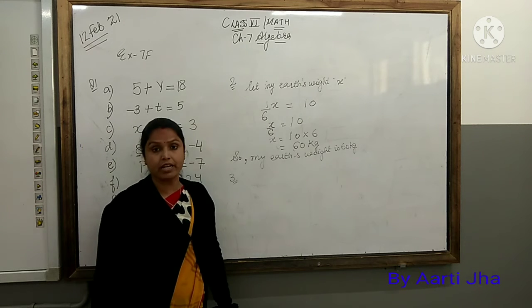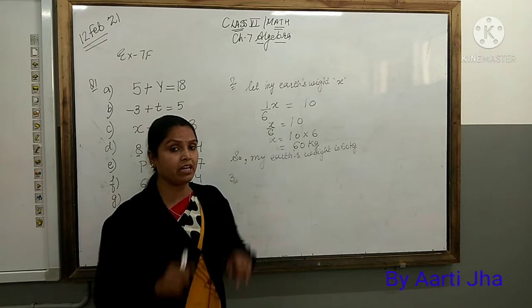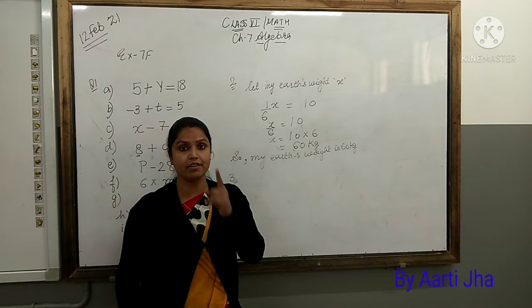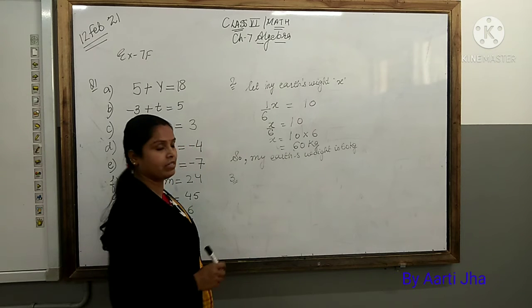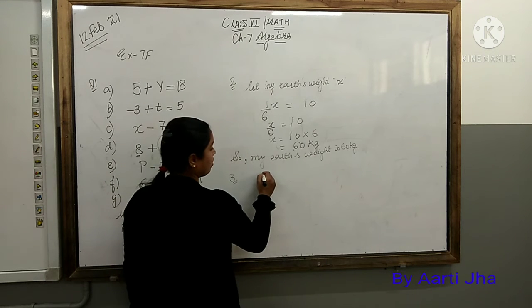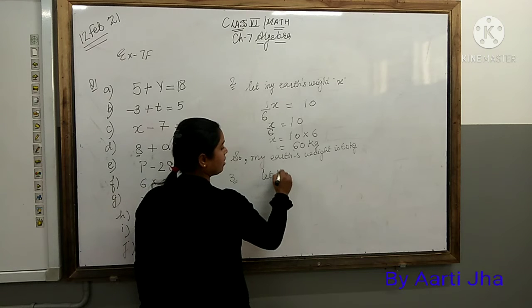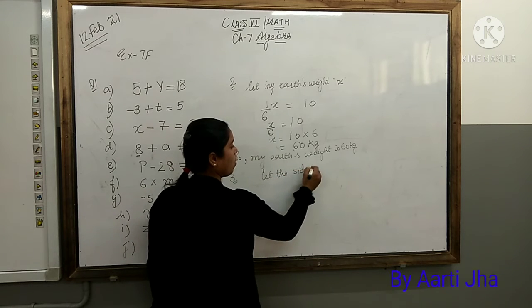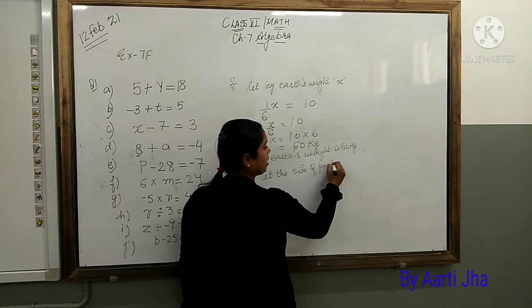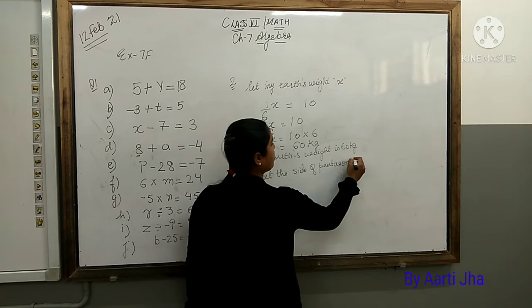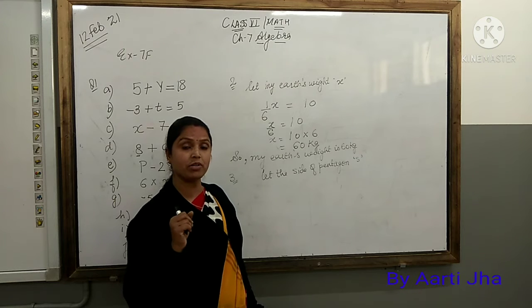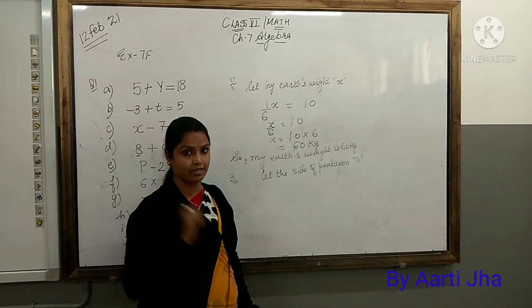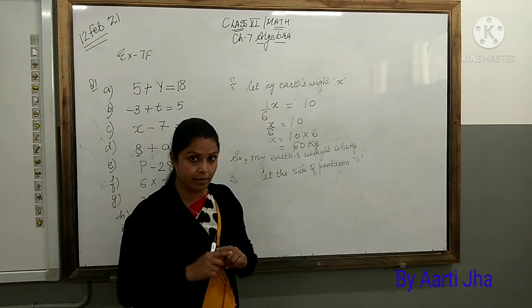Now the third one. The perimeter of a regular pentagon. Now what is a pentagon? Pentagon has how many sides? 5 sides. Write an equation to find the length of one side. Now see, let the side of the pentagon be S. Square has 4 sides. So what was the perimeter of square then? 4 multiply side, because they were all same.